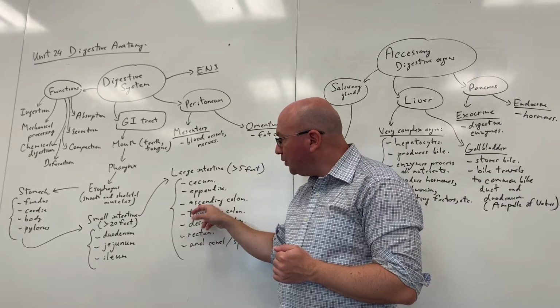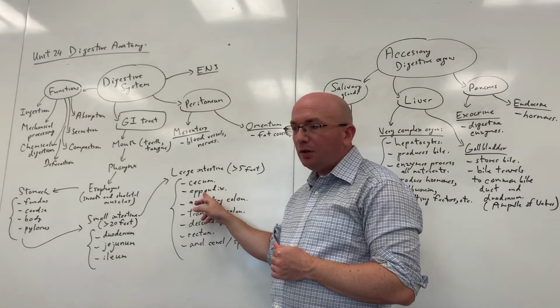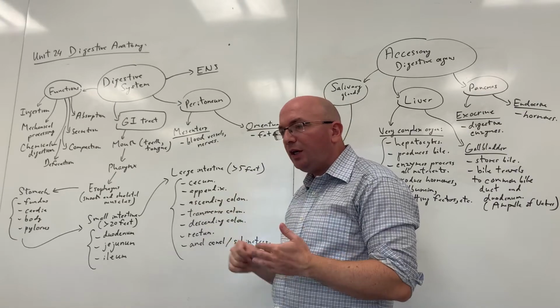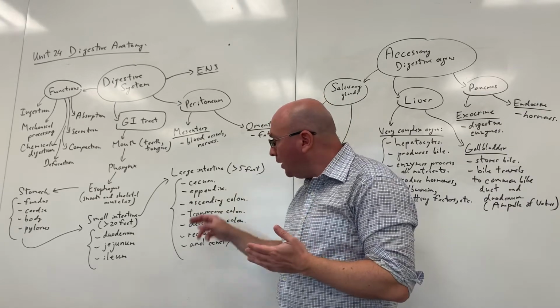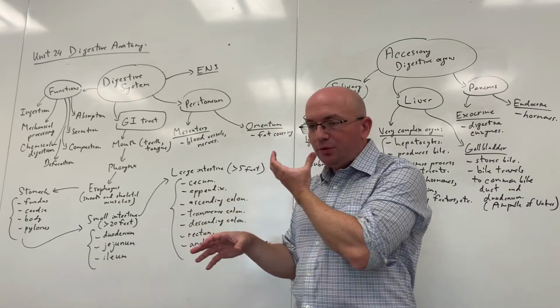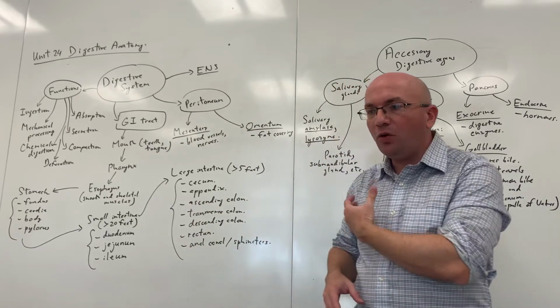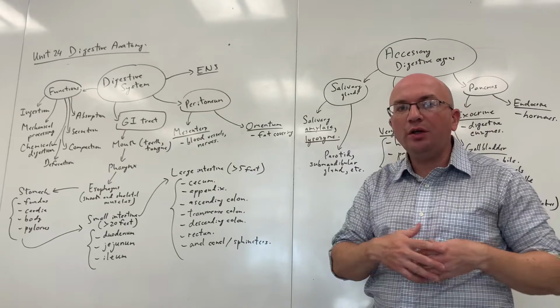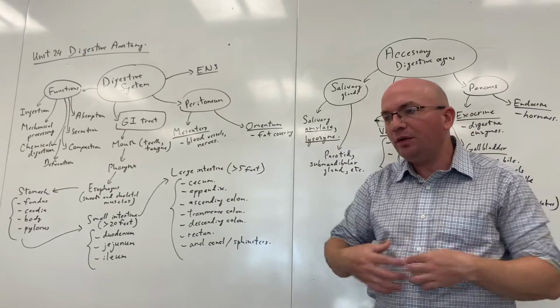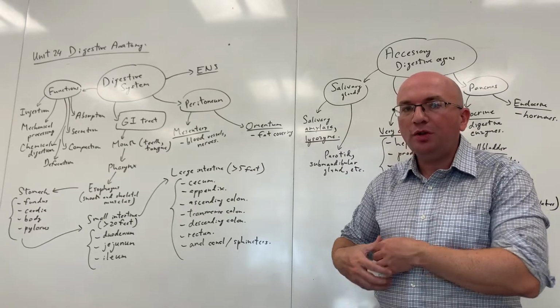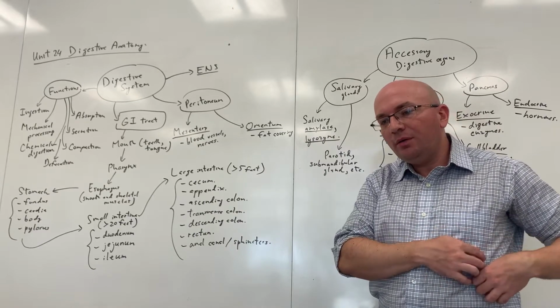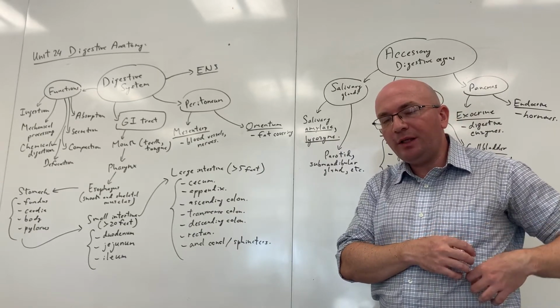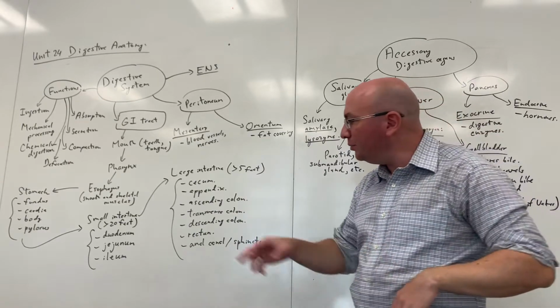Now, for us, it basically serves as a landmark, not a true structure in terms of actual function. And then continuing up through the cecum, we have the ascending colon going on the way towards the liver. Once it reaches the liver, we have a turn towards the transverse colon. So we have that hepatic flexure, the transverse colon meets the spleen, makes the splenic flexure, turns around, goes down, becomes